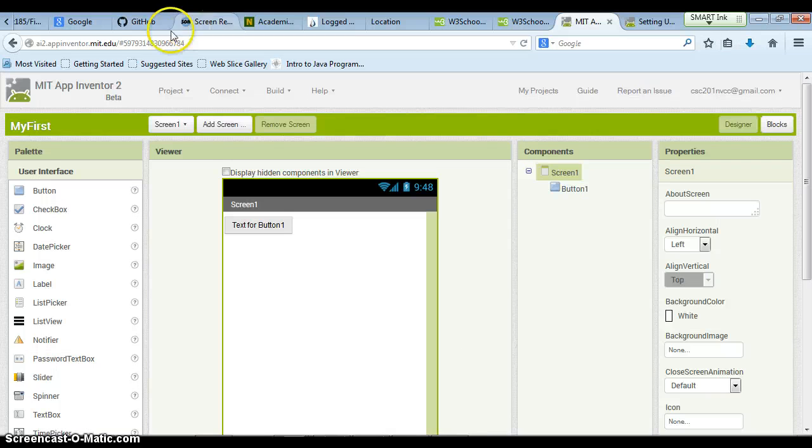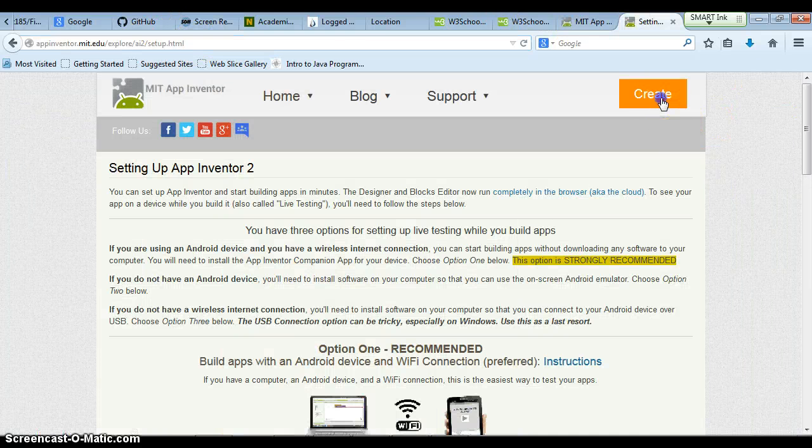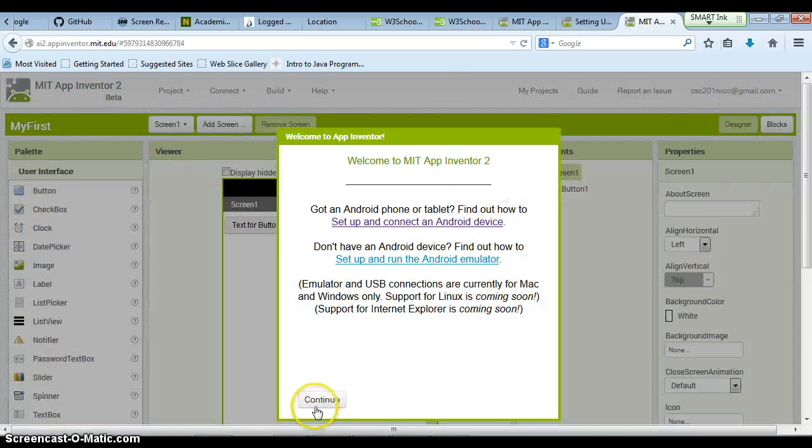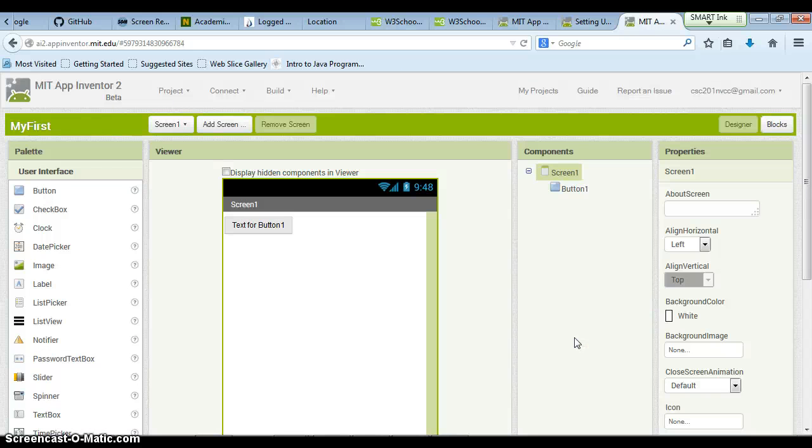Now, if you hit create here, if you have your email login, it should take you to the create project page right there, right? If not, then just use your Nova email, NVCC, or any Gmail that you have. All right, so this is the view that you're going to see on the devices, right? And